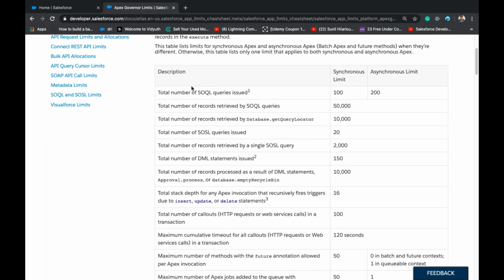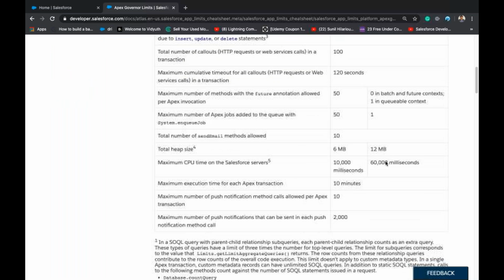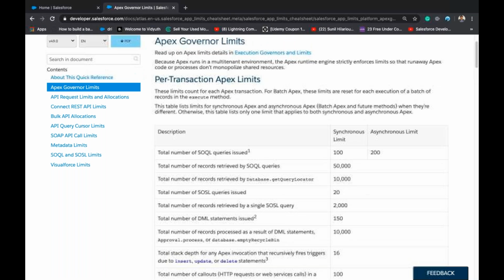Okay. If you remember, we have discussed the synchronous limits. All the left ones, all the right ones are asynchronous limits. The asynchronous limits are only a few. You can see SOQL queries are 200. 200 queries can be run in asynchronous Apex, right?